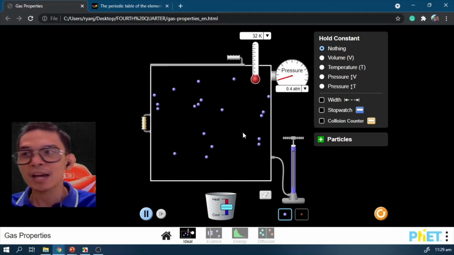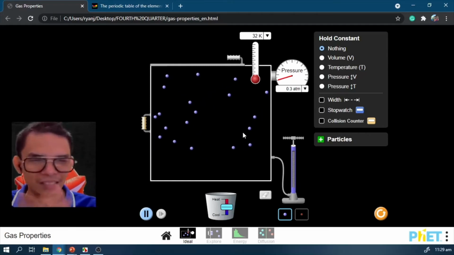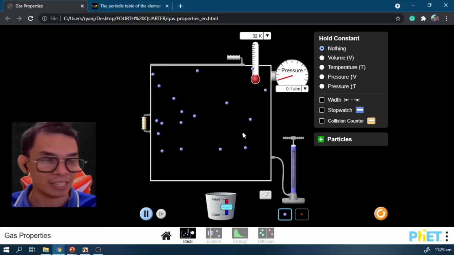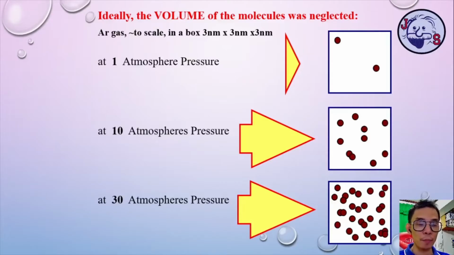The first one is high pressure. The second one is low temperature. Those are the deviations from the ideal gas law that we have right here. So you have seen the simulation, then we can safely conclude that ideally,